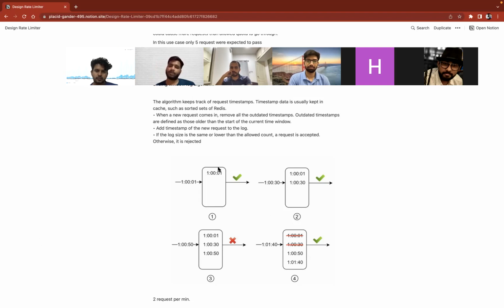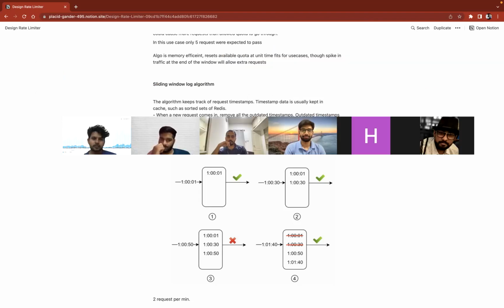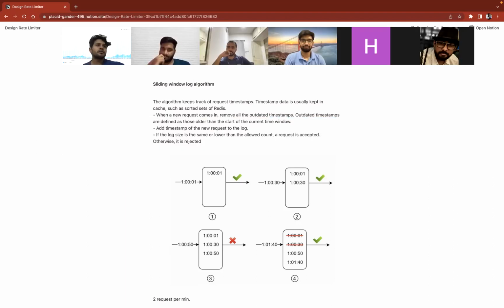विंडो स्लाइड होने का कोई क्वांटम नहीं है कि हर सेकंड पे मूव करेगा, ये फिर ये है कि रिक्वेस्ट का जो सीक्वेंस है उस पे मूव करेगा। हाँ, ये रिक्वेस्ट के सीक्वेंस पे मूव करना पड़ेगा ना, तभी फायदा है सारे टाइम स्टैम्प स्टोर करने का। अगर टिक पे मूव कर रहा होता तो सारे टाइम स्टैम्प क्यों डालता? हाँ।